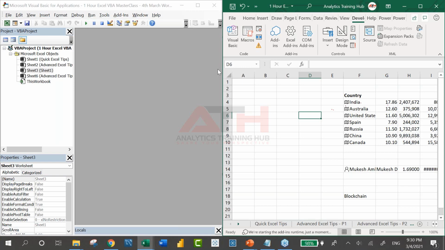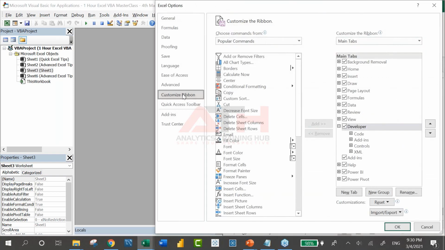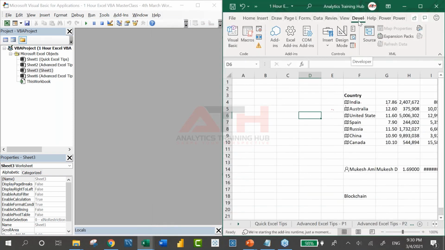Okay. So quickly, guys, recording macro actions in Excel is very, very easy once you see the Developer tab. If you don't see the Developer tab, just right click on any of the ribbon tabs. You would see the Customize the Ribbon option. Just come here, and there you notice Developer. Make sure this is checked. Once you see that tab coming, you need to simply click on this button.